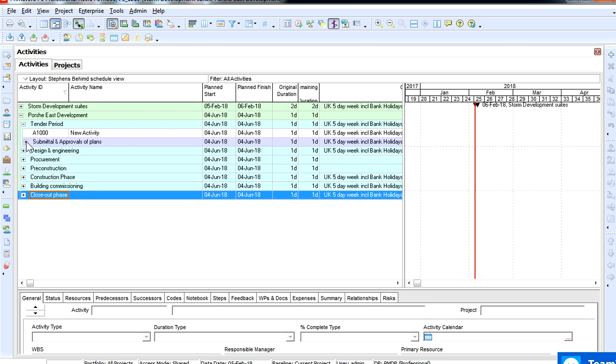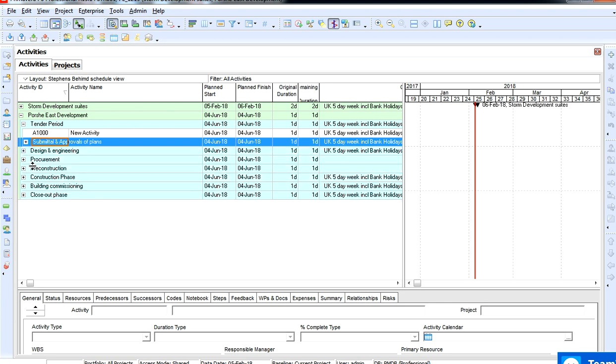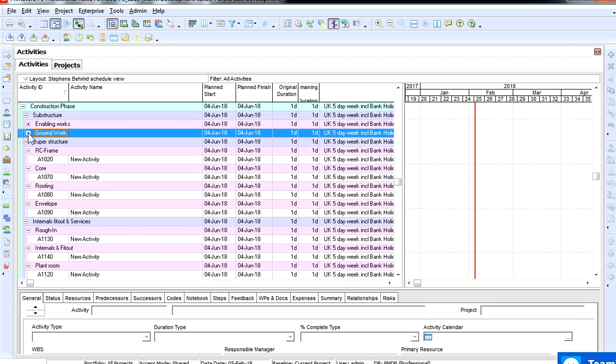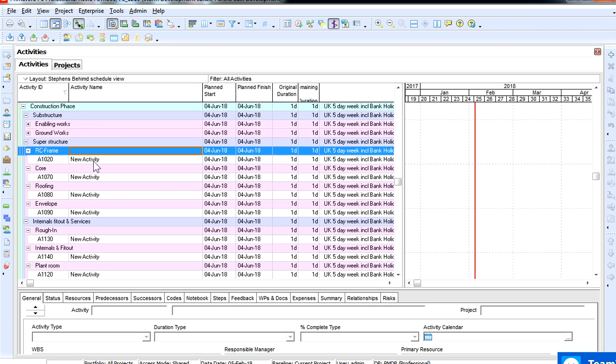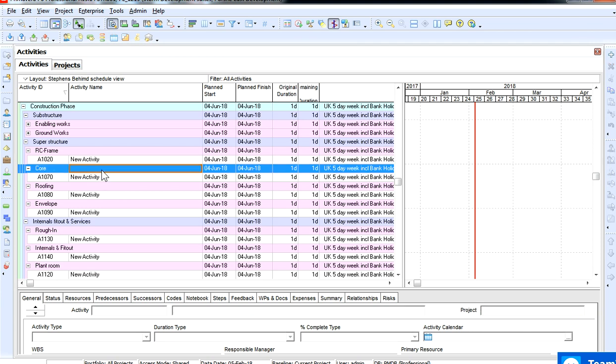Alright, so these were the WBSs that I gave you the last time. So now that we've ascertained, obviously, in the construction phase, we'll open that up, look at the enabling works, groundwork, superstructure, the frame. In the frame bit, we're going to need to put all of the floors. So we know we've got a core for block A and block B and C, judging from the